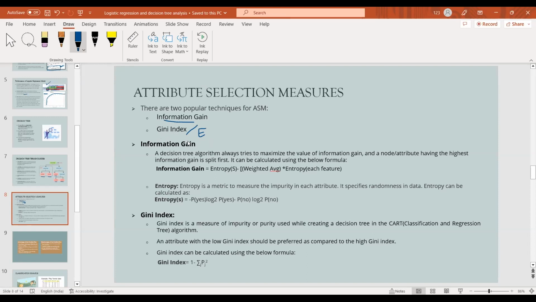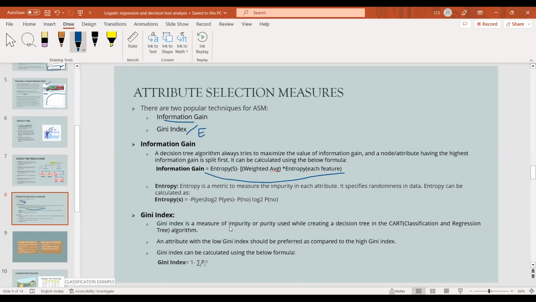So we can employ either the Gini index or the entropy as a parameter of the decision tree. Here again, the information gain, as I had already mentioned, is that the node or the attribute which has the highest information gain is split first. And there is a certain formula which we use to find out the information gain, which is given over here. If I had more time, I would have actually shown you the calculation of